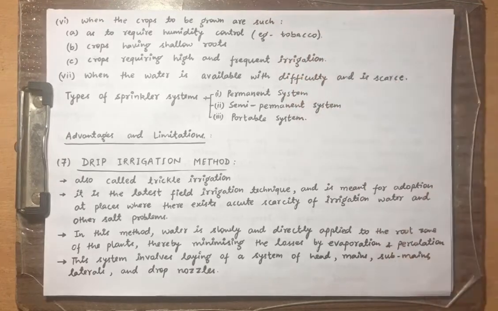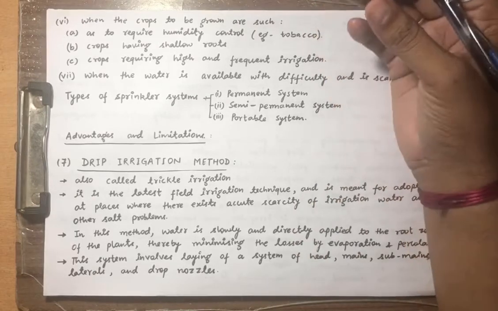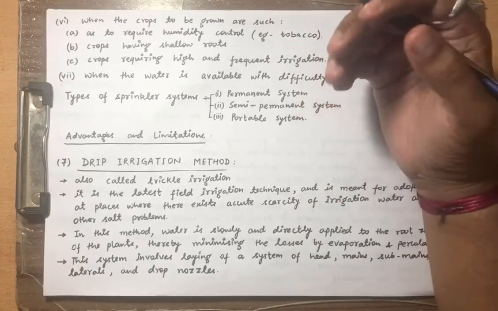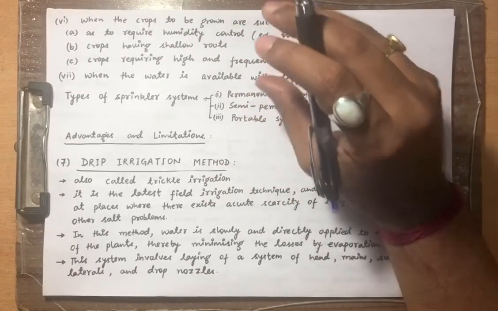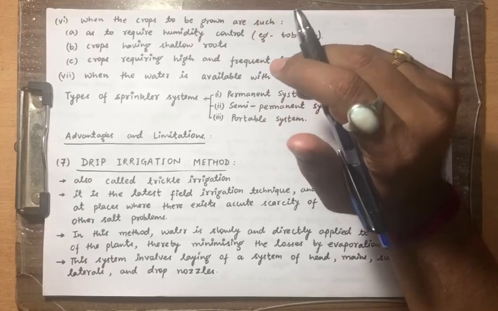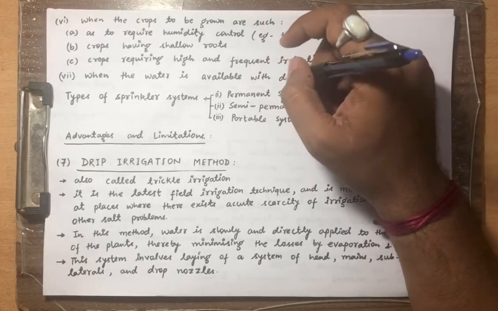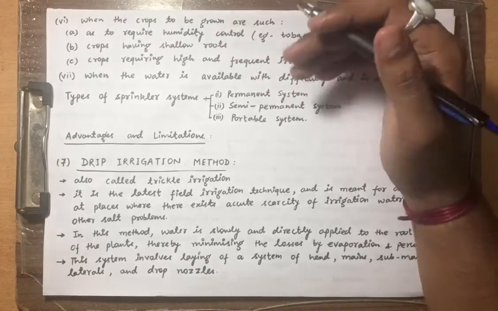The initial cost is high, but the labor cost is very less, because there is no requirement of many laborers. We have to set up the pumps and pipe network, and after that it can be controlled with very little labor power. The efficiency achieved by this system is very high. It can go up to 80%.